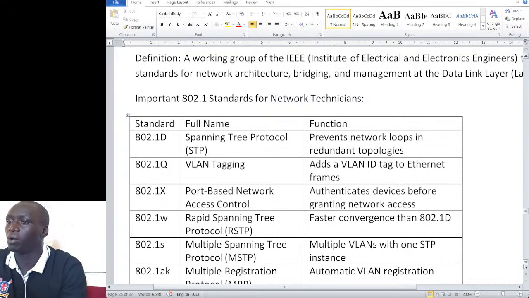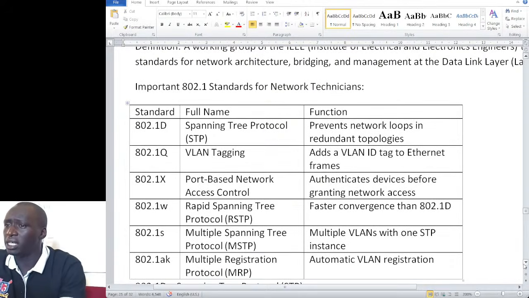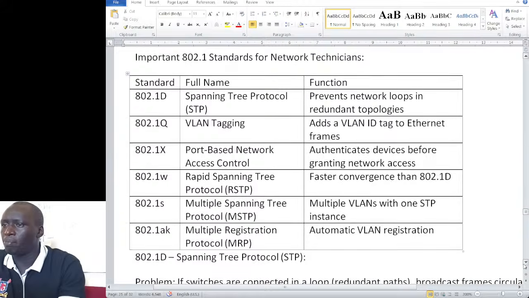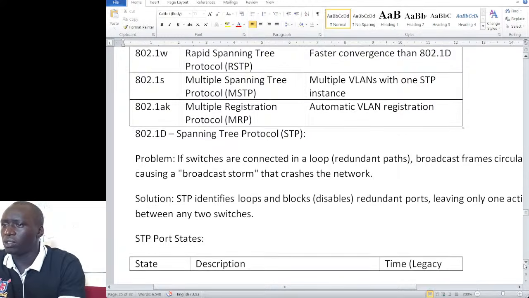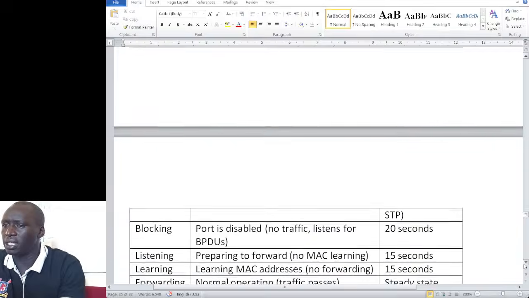That means it opens and controls the network through the opening and closing of communication ports. It authorizes devices before they are granted network access by opening or closing the ports. We also have RSTP, which is a rapid way of communication, but it's just an advanced method of 802.1D, and so many others that we have seen. Those are just about the standards that are there